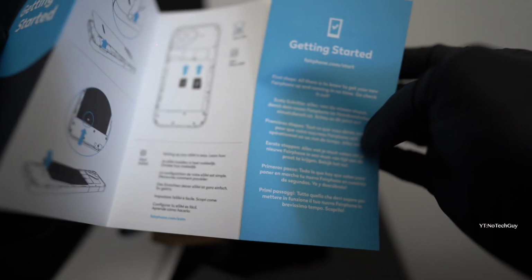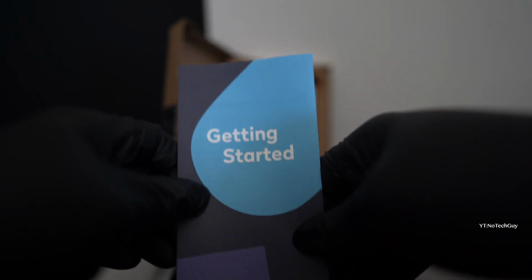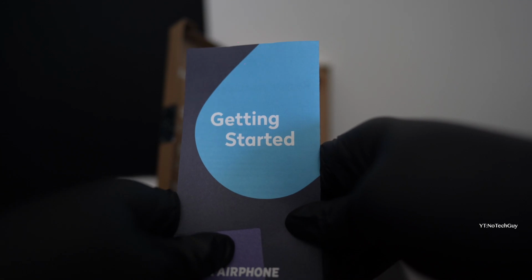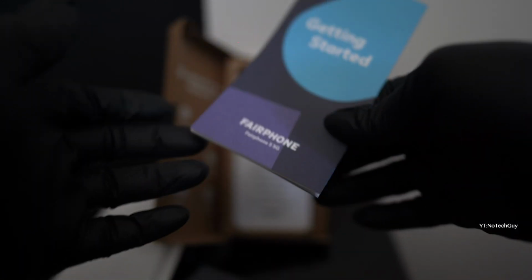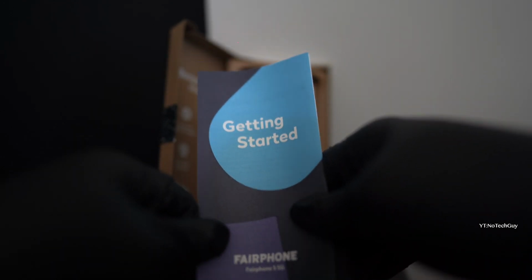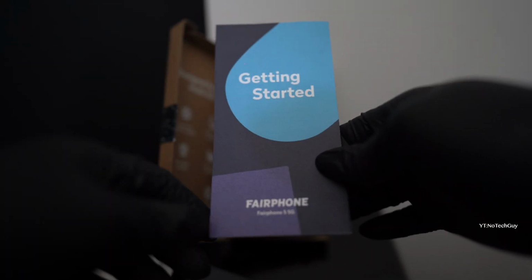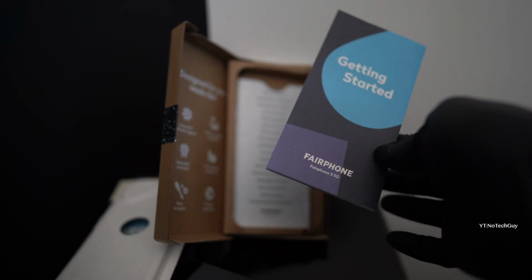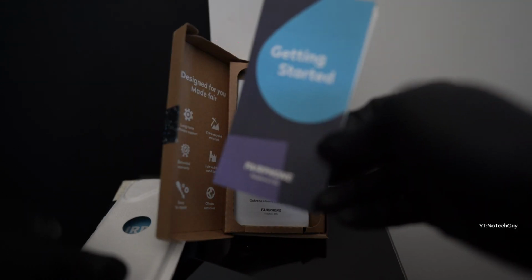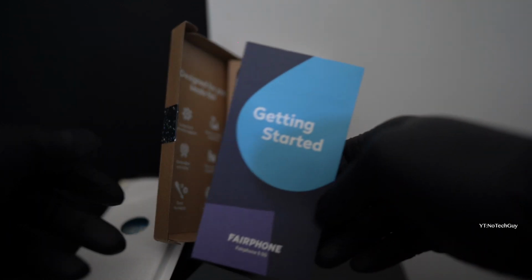I don't think that's fair, just to be fair to Fairphone. I don't think it's fair not to add a USB cable or whatnot. What if I don't have a USB Type-C cable for this phone? I guess they think that most people have a USB Type-C, which I do, but then again, I think it's just something to include. To be fair, because the whole idea here is for this phone to be fair, out of the box, everything is fair for use. So not having any USB charger or something, I don't consider that to be fair, especially for the price of